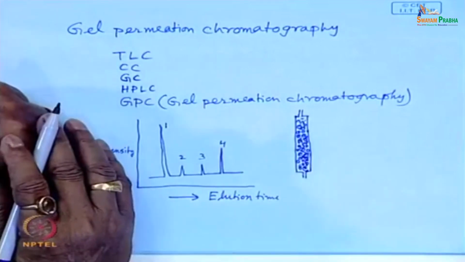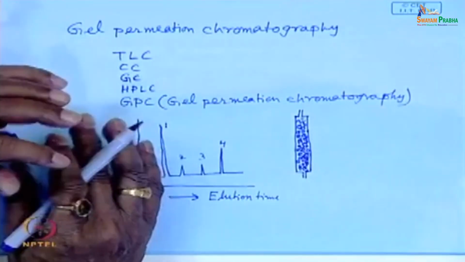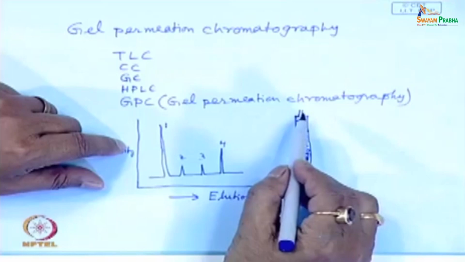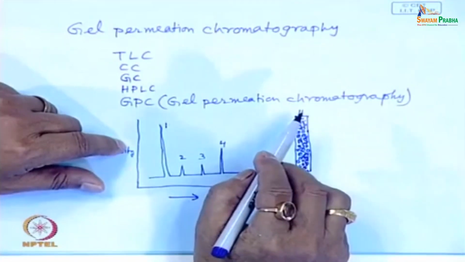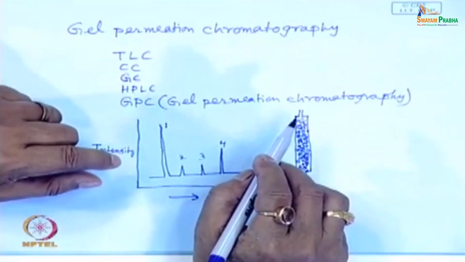So, depending on the size of the polymer molecules, few will enter the porous beads at a faster rate, medium sized at a lower rate, whereas the biggest molecules would not penetrate at all. So, while it comes out through the other side of the column, it is a separated one,